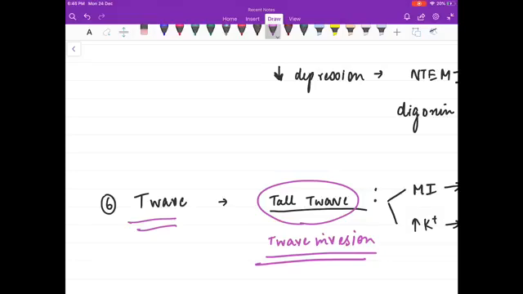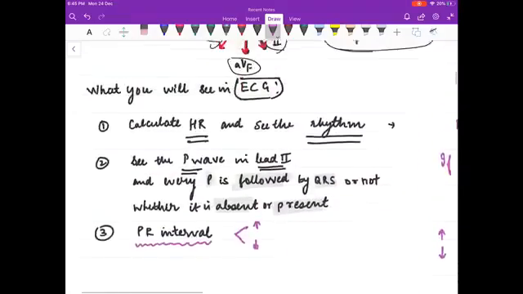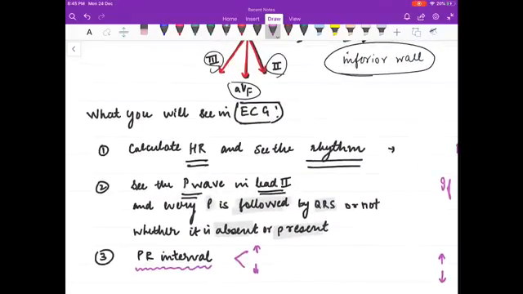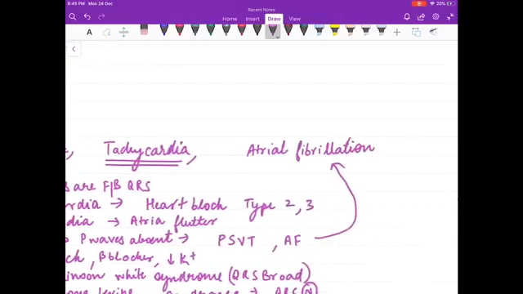Now I am giving you in brief about what we need to see in the ECG and why do we need to see these things. We calculate heart rate because heart rate will tell us whether it is a bradycardia or tachycardia. We need to see the rhythm. If the rhythm is irregular, then we will mark the option as